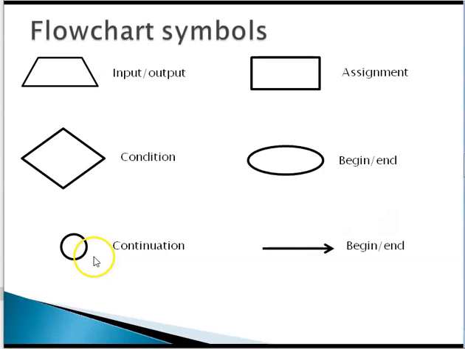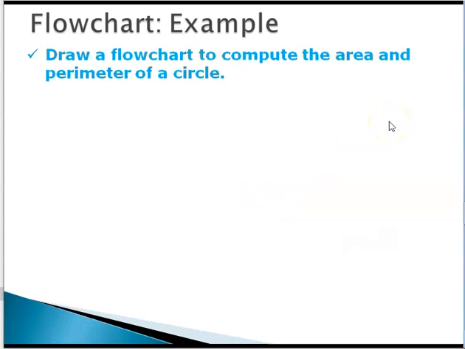Then this little circle with perhaps a symbol inside will represent continuation. For example, you run to the bottom of the page and you want to go to the next page. So at the bottom of the page, you will show this circle with some letter A, let us say, and with the same letter, you start it at the top of the next page. This becomes clear once we see an example. And then control flow is indicated by this arrow. The direction of the arrow indicates the direction in which the control flow is going. With that, we will see a couple of examples.